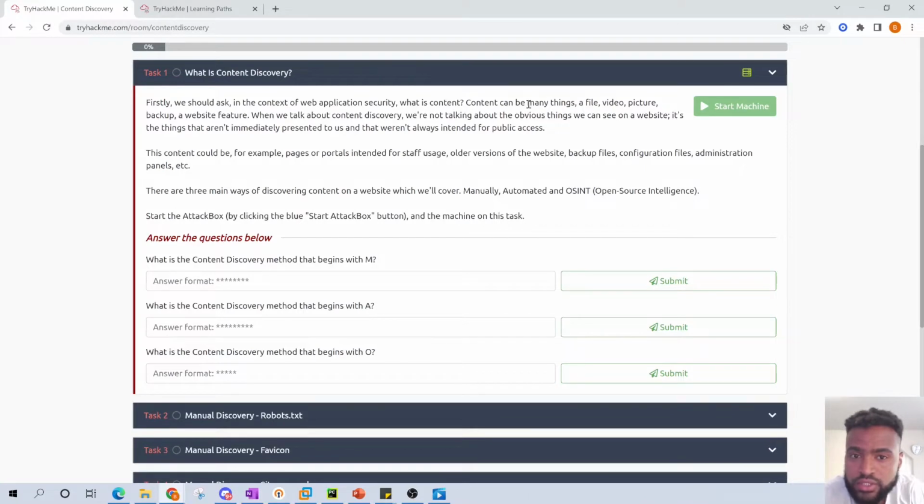What is content? Content can be many things: a file, video, picture, backup, a website feature. When we talk about content discovery, we're not talking about the obvious things we can see on the website. It's the things that are not immediately presented to us, and that are not intended for public access. This content could be, for example, pages or portals intended for staff usage, older versions of